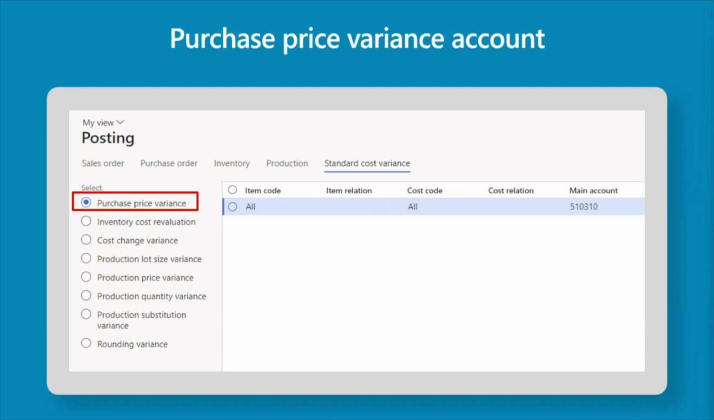Table for the cost code is a specific cost group, where group is a cost type such as direct manufacturing or direct materials, for example. The last field is the main account field, and this is where you'll select the main account that you want